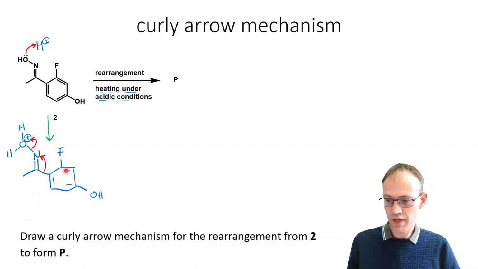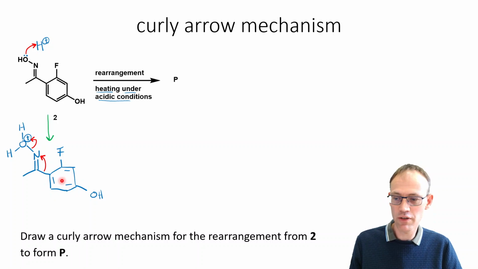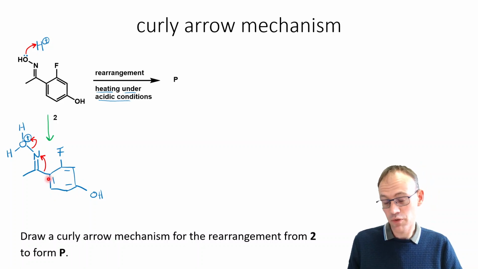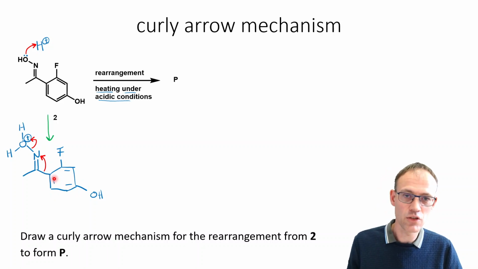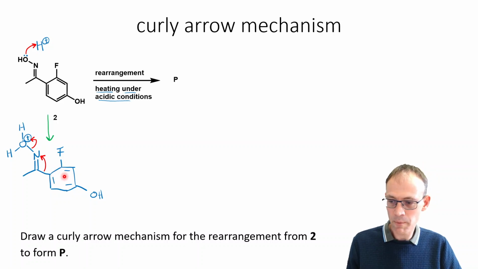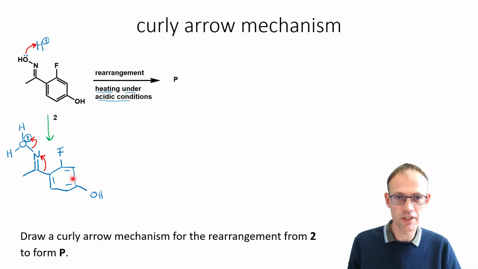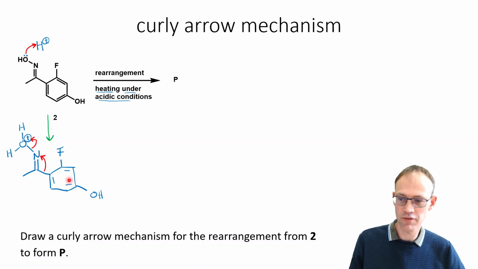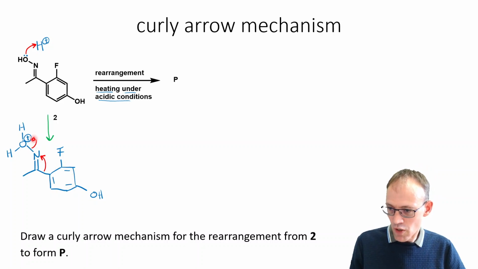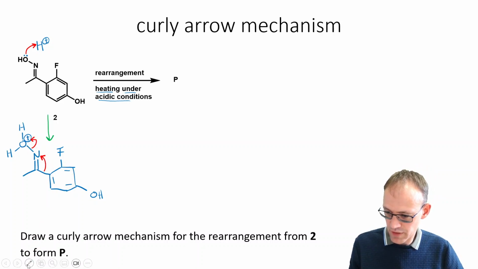How do I know that, for example, the bonds in my aromatic ring don't move? Well, one of the reasons is we'll see that they're not very well aligned in terms of the molecular orbitals. But the other reason is aromatic rings have aromatic stability. So if you can avoid breaking aromatic rings, you should really avoid breaking aromatic rings. You lose aromaticity. Losing aromaticity takes a lot of energy. Okay, so these are the curly arrows that I've now drawn.